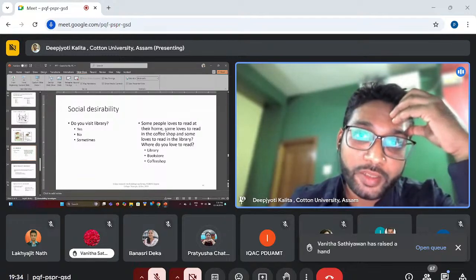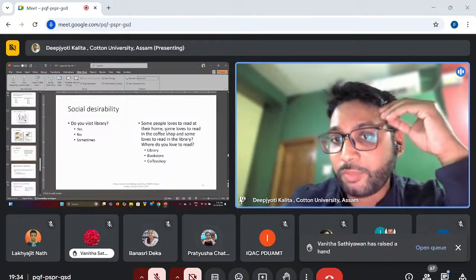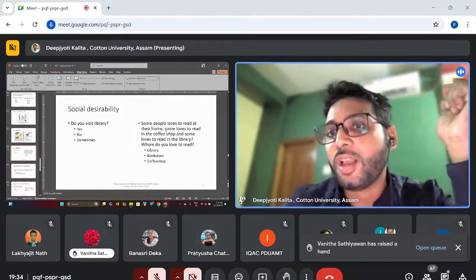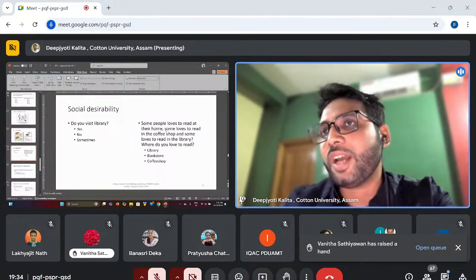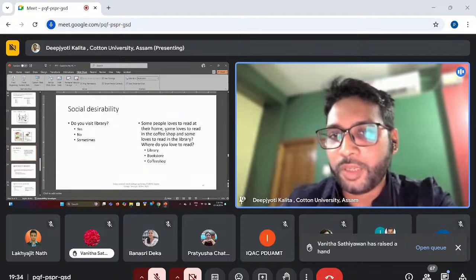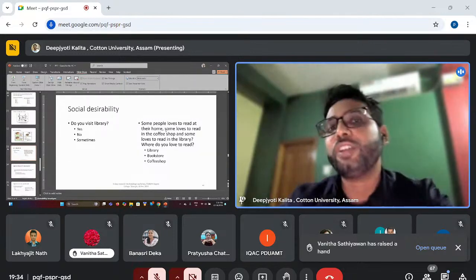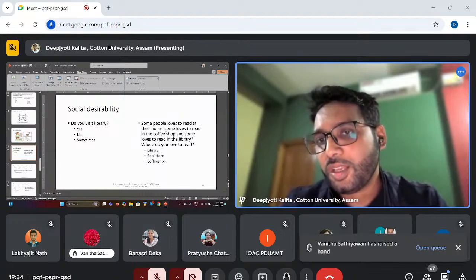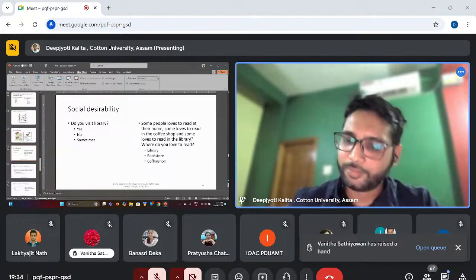Your sample will always have an impact on the way you frame your questions. That's why sampling is an important part of what people are going to respond. Urban, rural, what population you give. Suppose the sample has a very high literacy rate, even if you go to a rural place, they should be able to interpret your question. Based on that only, you have to frame the questions. That's why sampling is a very important part before going to the questionnaire set.